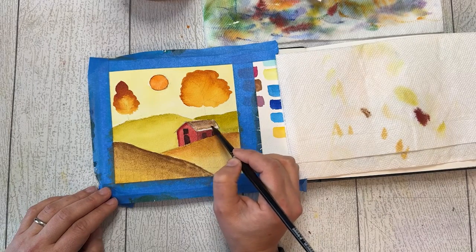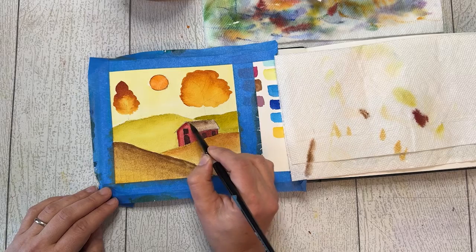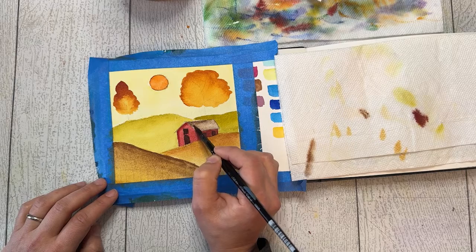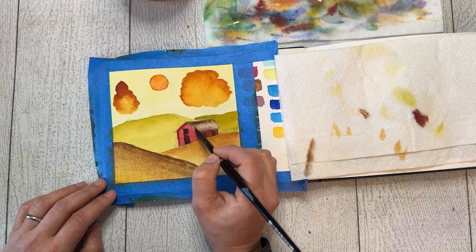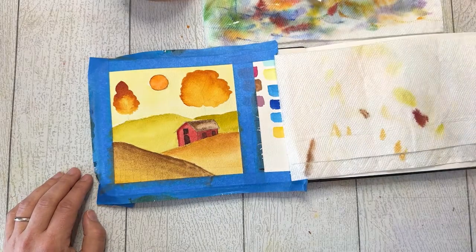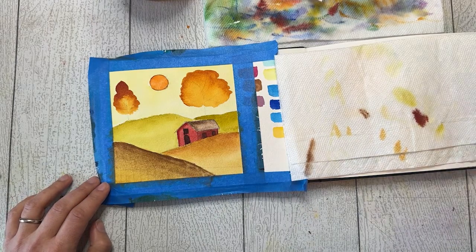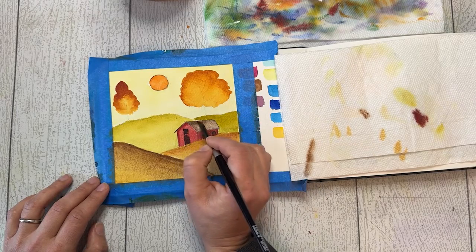Kind of went light on the Van Dyke Brown, added quite a bit of water. And maybe I'll add a little more towards the top. There we go. Even though it's just like a pencil line right now here, I'll put a little line here. Okay,